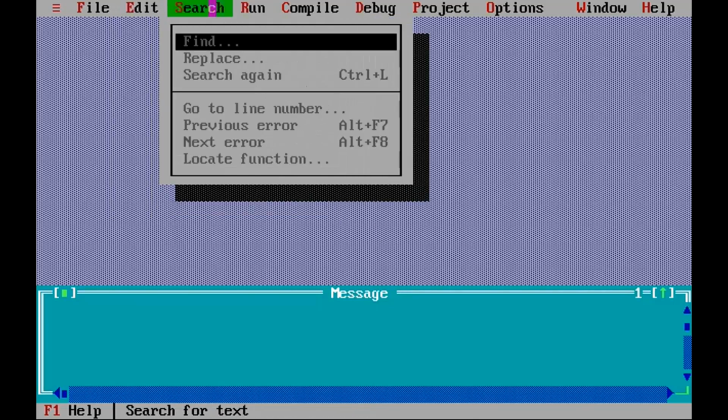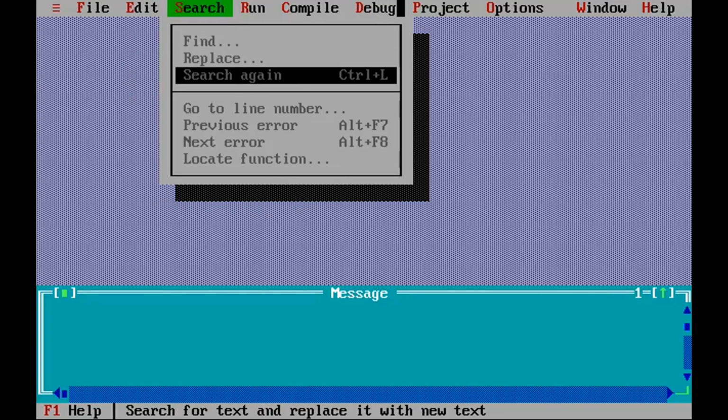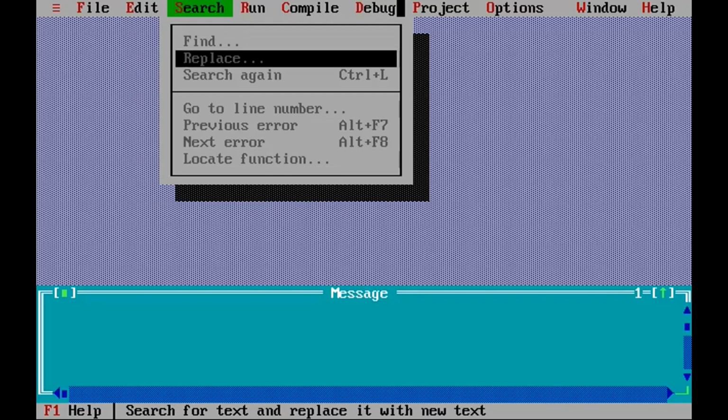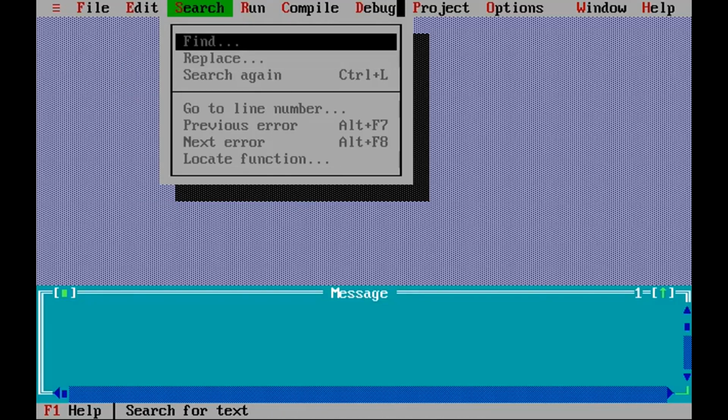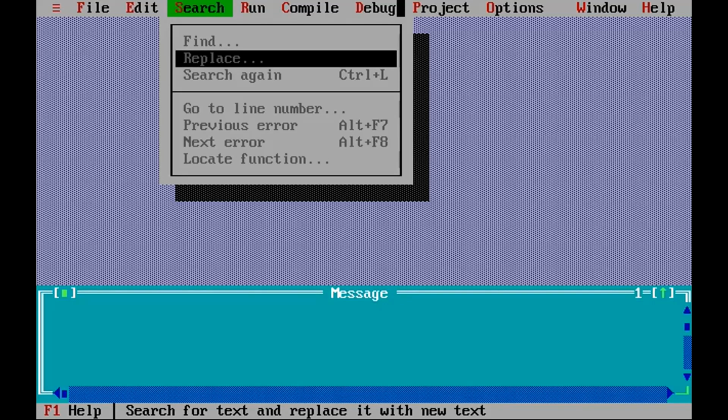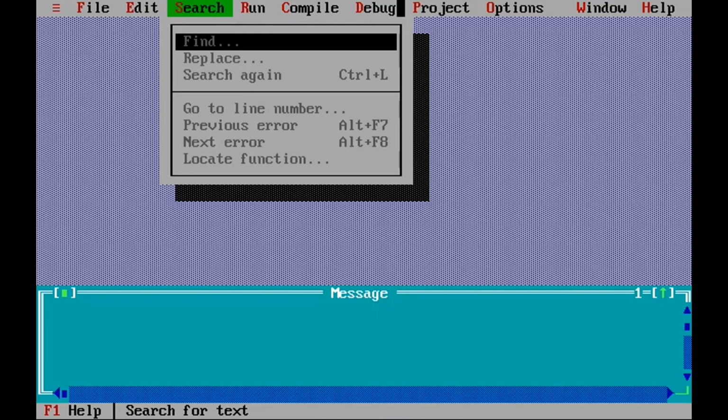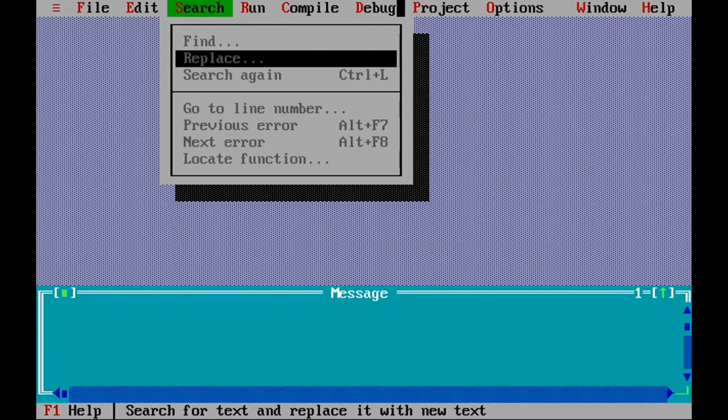Then the next menu is the Search menu. In this menu the options are Find, Replace, Search Again, etc. These two options, Find and Replace, work similar to Windows applications. Whenever you want to find a certain word within the file, you can use Find, and if you want to replace the word, you can use Replace.